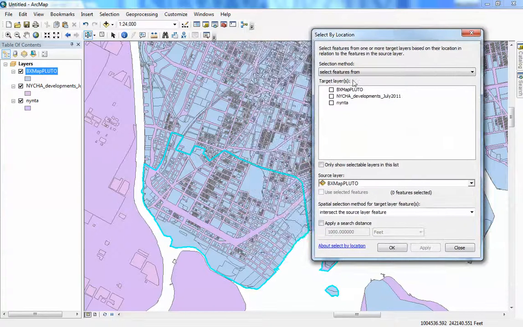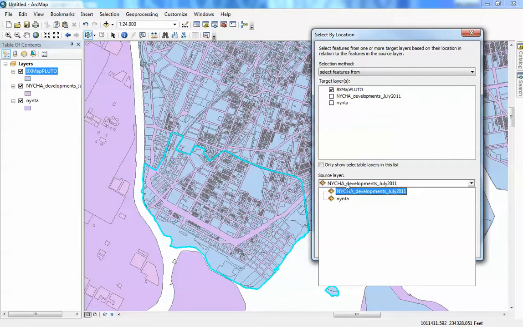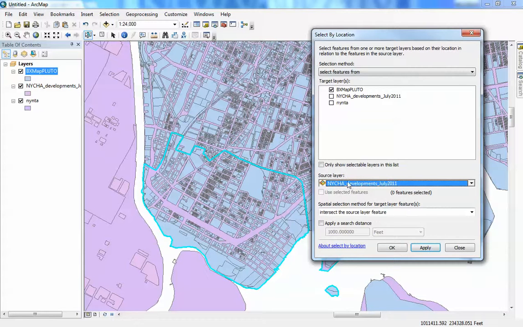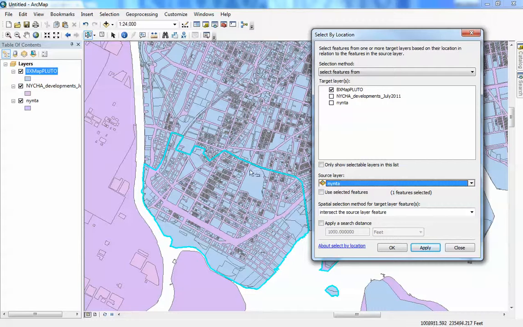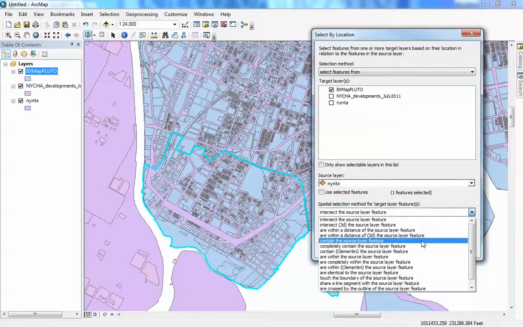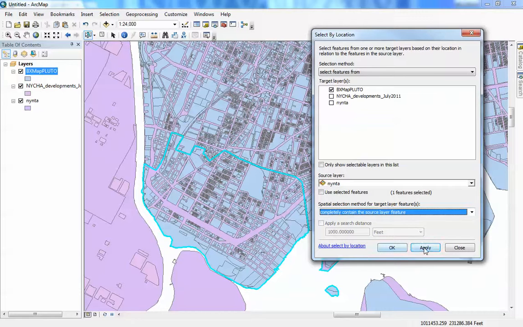And we need to say select from. We need to select from the Pluto, the elements in Pluto that are inside of this selection. And then we're going to say, well, select within NYNTA, which is the shapefile of the neighborhoods, and we want to say inside of. Let's see what options we have. But it says completely contain the source layer feature. If we say apply,